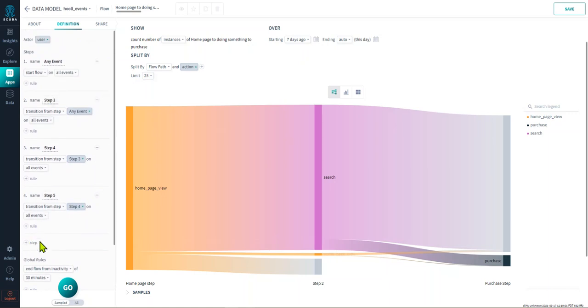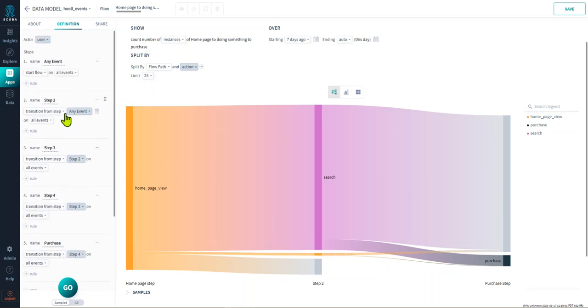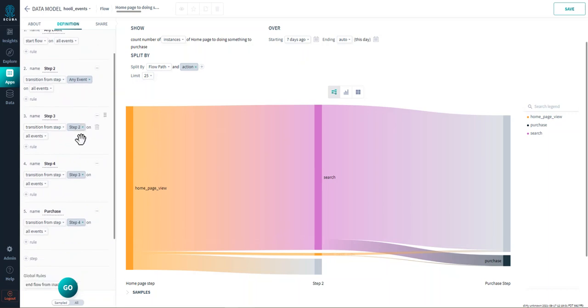And so in this case, sorry, the naming is a little off, so we can call this step 2, step 3, step 4, and then purchase. So let's say I wanted to see what are all the things that happened before a user purchased in 4